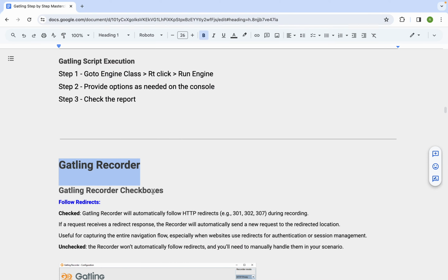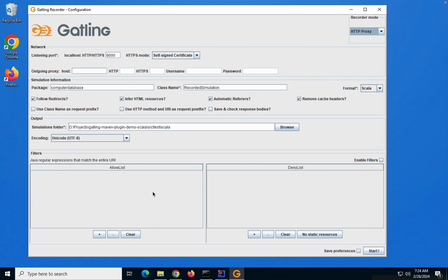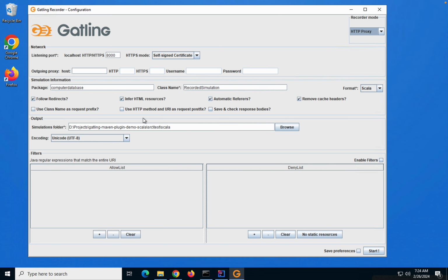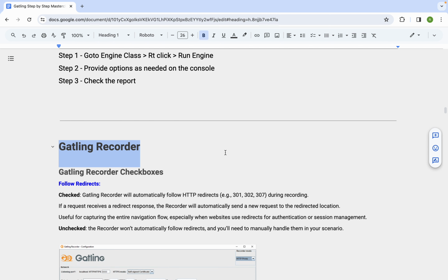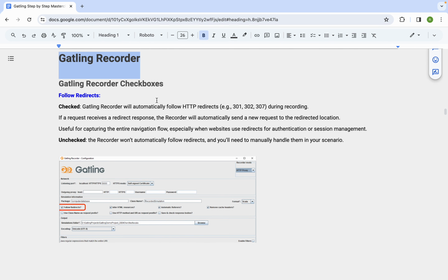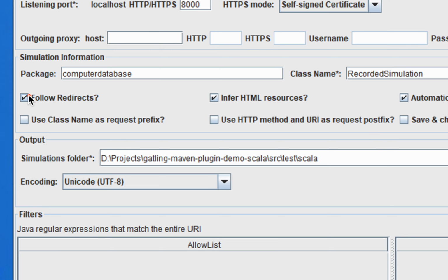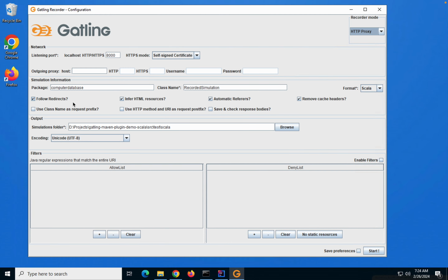Okay, now here in the Gatling recorder you can see here are some checkboxes. Okay, so what are these checkboxes and what do they mean? So let us understand this. The first checkbox is follow redirects. Now by default you will see this follow redirects option is checked, and what does this mean is, now sometimes